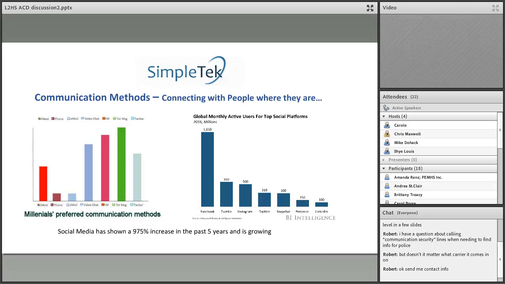So if you're looking for a solution that really helps you serve more people and be more impactful, this plays into what you consider doing. Social media alone has grown 975% over the past 5 years, and it's growing even faster now than in the past 5 years. So this factors into what you'd be looking for.